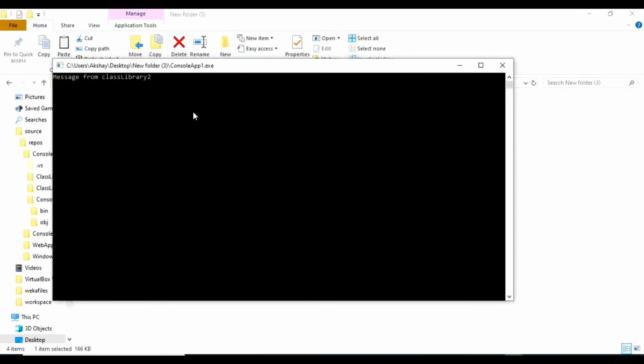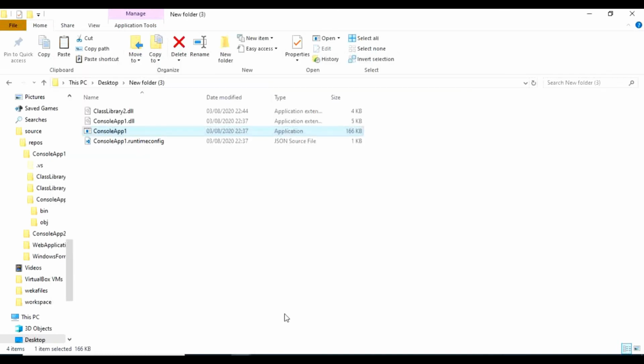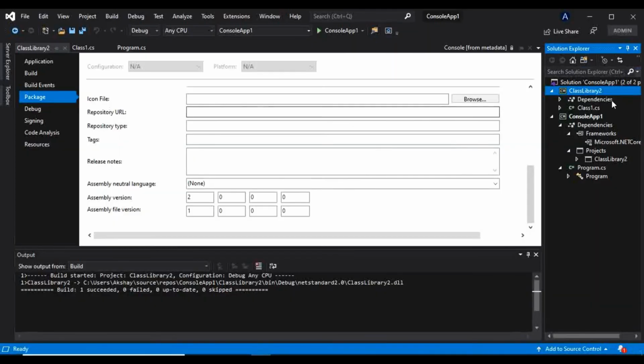So from this it is clear that the compiler will not check file version for weak named assemblies. But it will check file version for a strong named assembly, and that I will also show you. So what I will do now, I will sign this assembly with a private public key, where basically I will sign the assembly with a strong name. That also I have shown in detail in my previous video. Please check out that video, because for that we need one public key pair file, and that we have already generated, so I will use that file only.